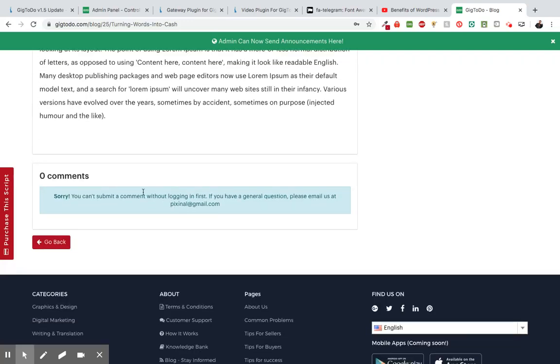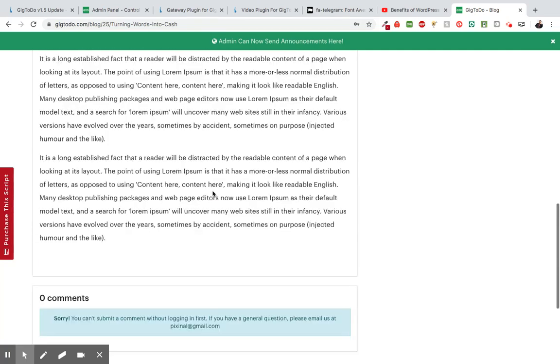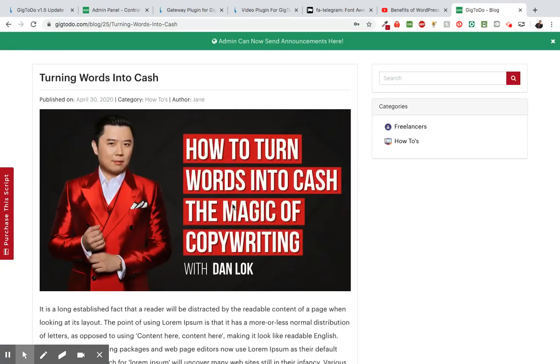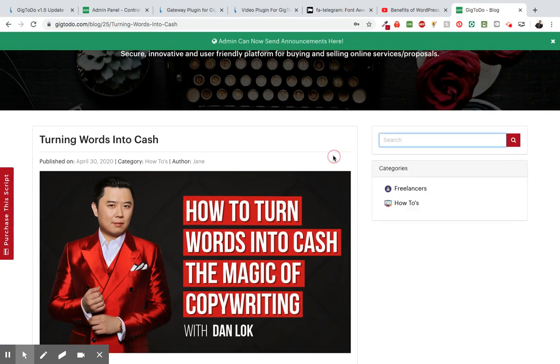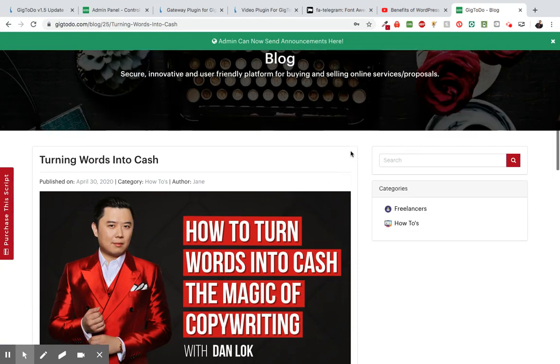But once we're logged in, we can paste and see all the comments. All right, so that's kind of how it works. Right here is a search bar just for this blog. So basically, if we're searching for